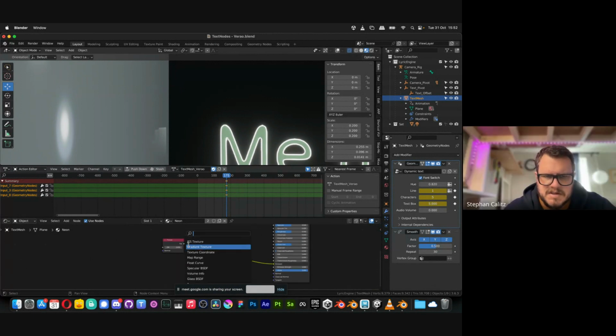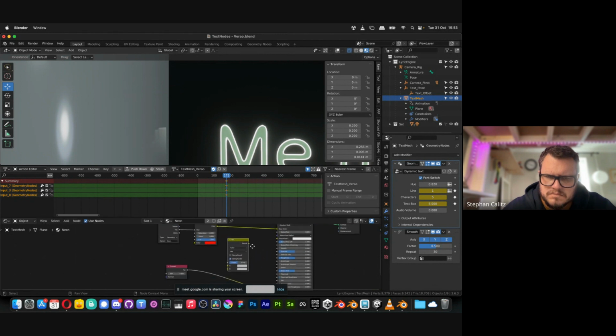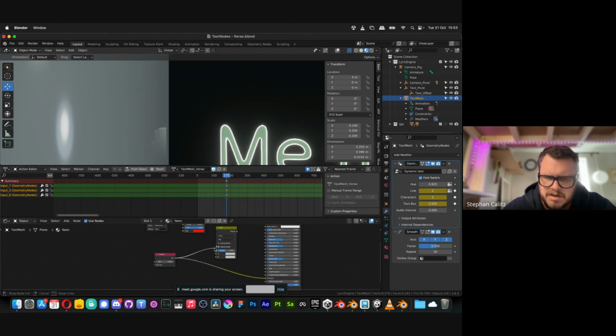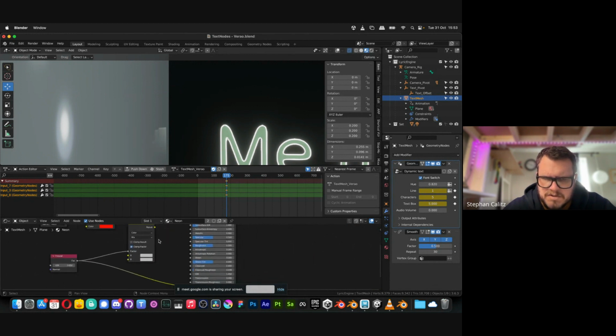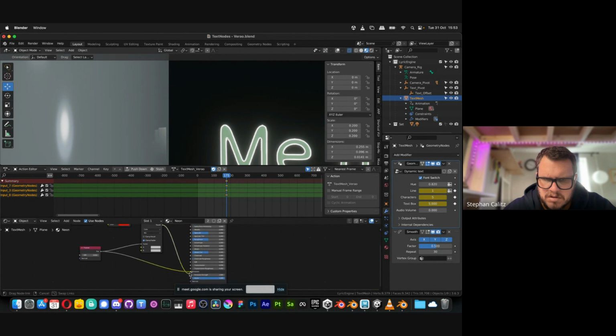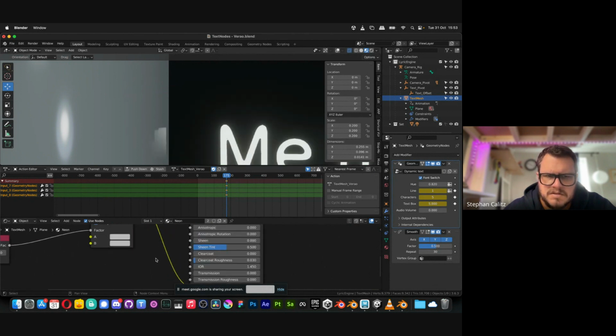Let me just say search. So if you use the Fresnel as the splitting factor, and then you use two different emission colors.